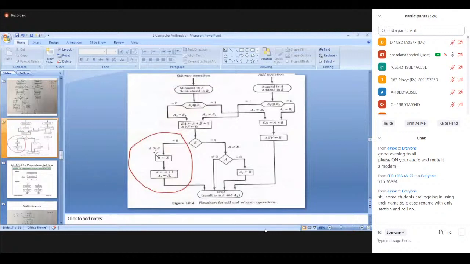So whenever A is less than B, it indicates that the sign of A is negative. And if you want to represent this negative number, you always need to use the 2's complement notation. The 2's complement value is always equivalent to complement plus 1. A complement plus 1 is the 2's complement notation of A. So, A complement plus 1, and the sign of the resultant is what? The complemented sign of A.